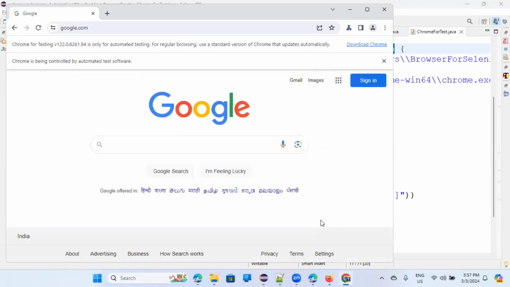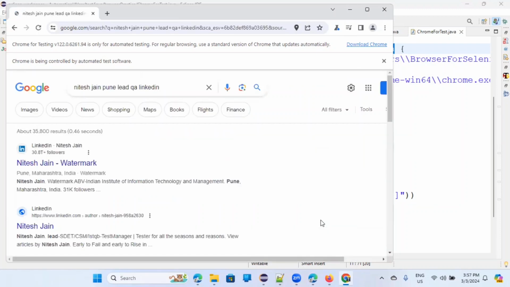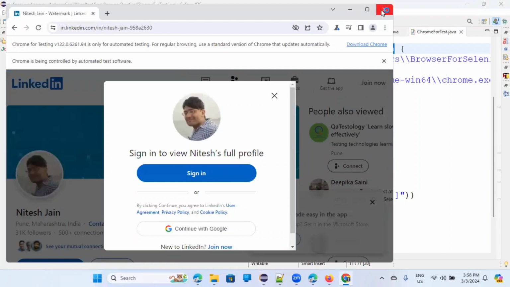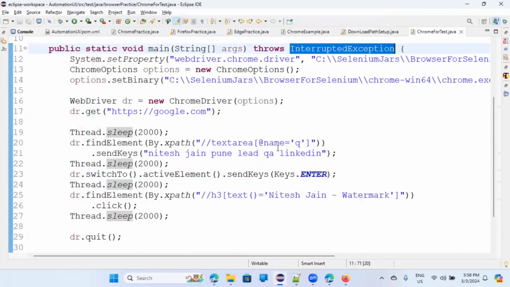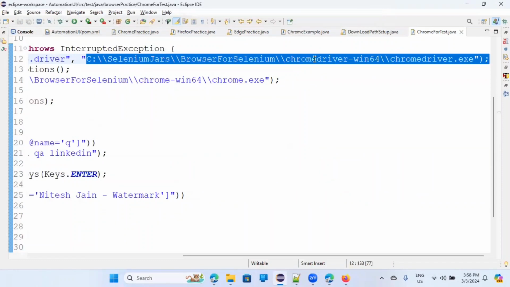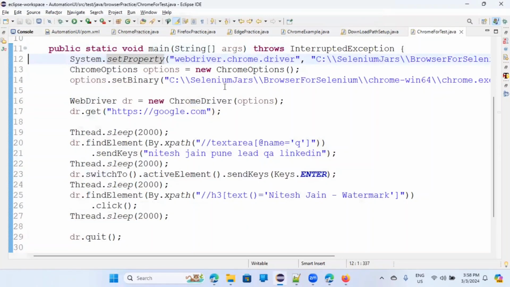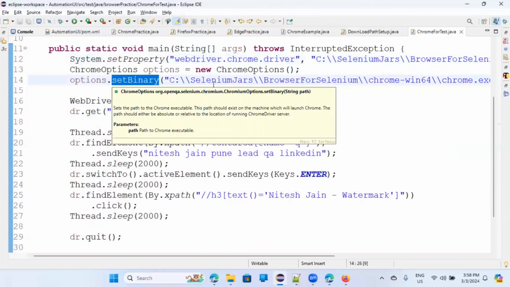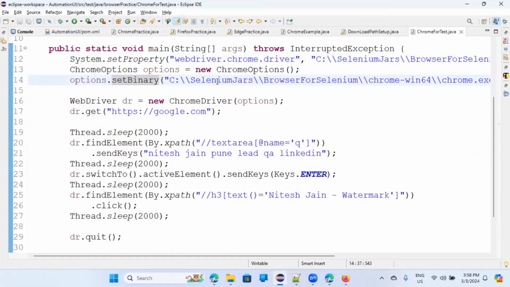Yes, so it's opening on Chrome for testing now, a particular version of Chrome for testing, and it's working fine. Done. Okay. And I will not close it. So this is the way. Simple thing is you have to set the property for where your chromedriver.exe is present. Then you have to set the binary. And this is particularly helpful to run in, let's say, your Jenkins machine or virtual machine